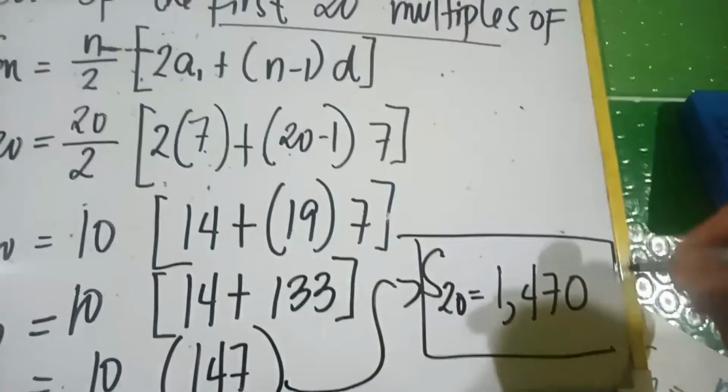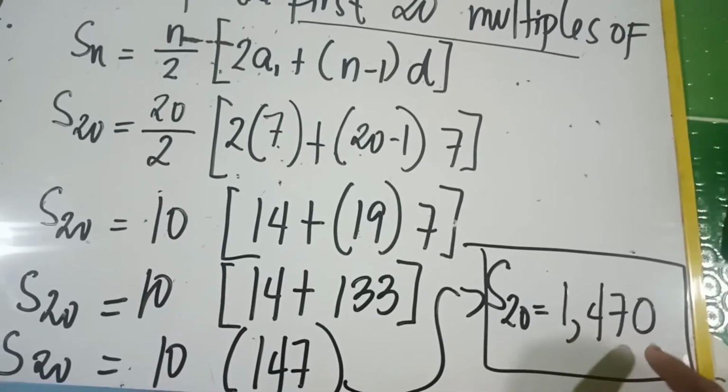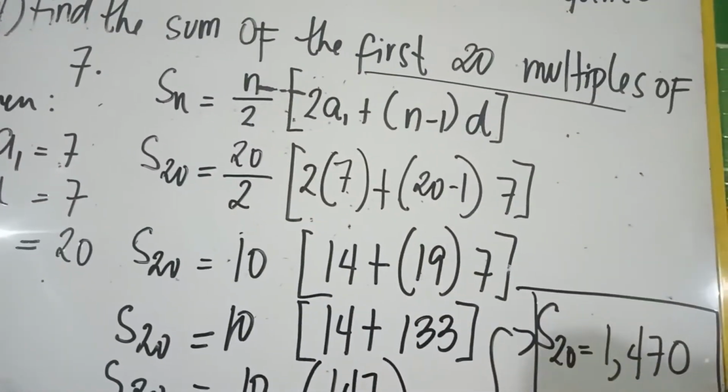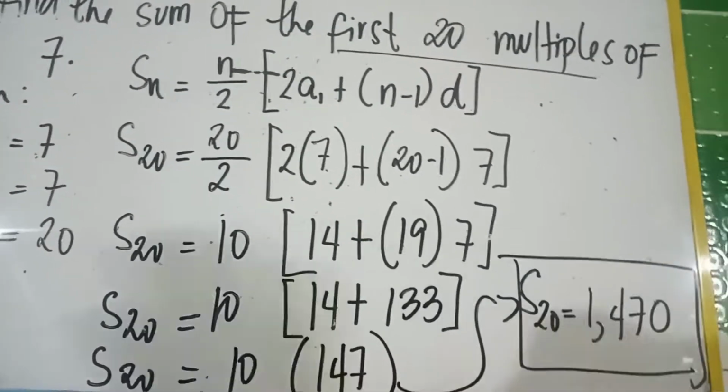The sum of the first 20 multiples of 7 is 1,470. So, there are some students na kapag alam na nila, hindi na sila nakikinig sa teacher nila or hindi